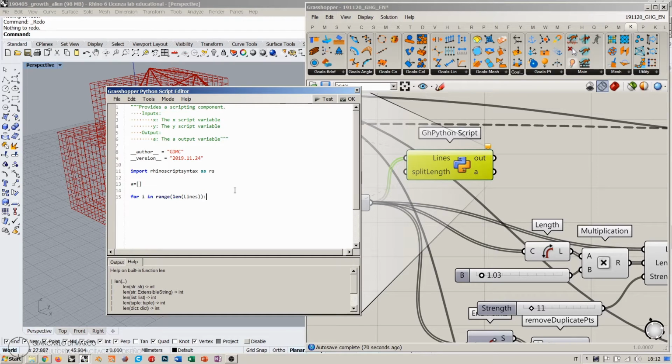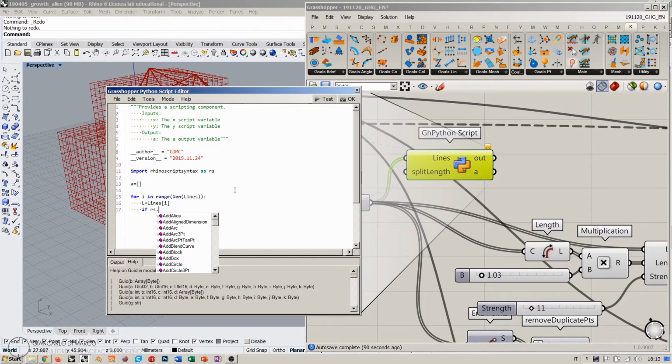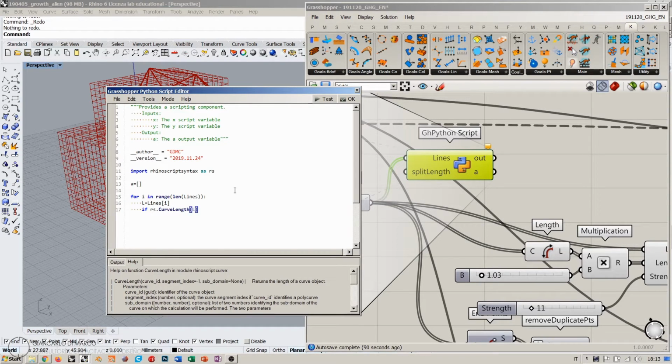Let's call L the I element of the list of lines. And what I want to happen is that if, and let's invoke the library, rs curve length of the element L is larger than the split length, which is going to be a number connected to split length, then